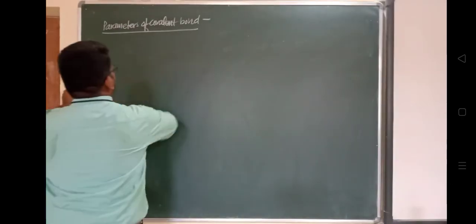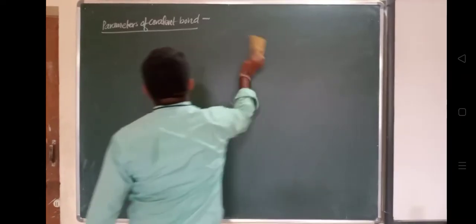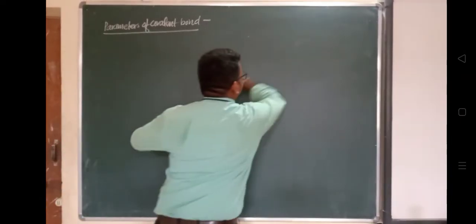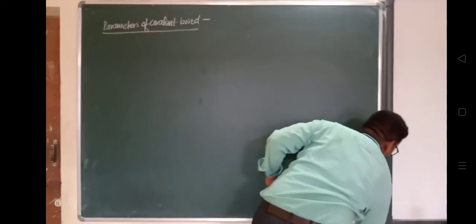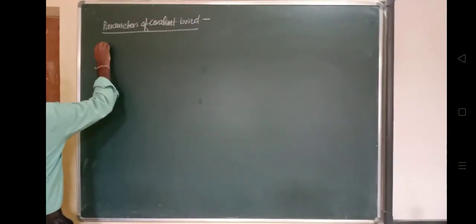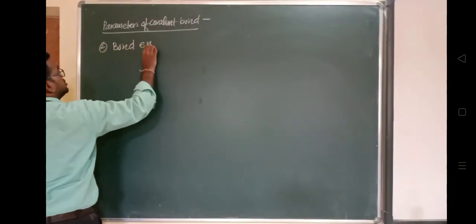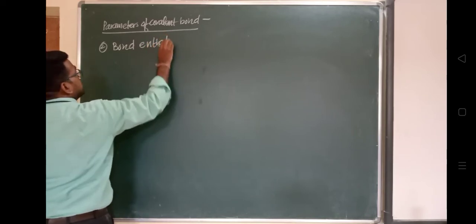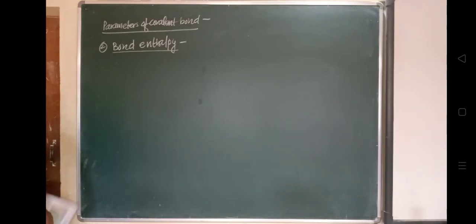Second parameter is the bond enthalpy. Now what this bond enthalpy stands for, what information it provides, that we'll see. So bond enthalpy is the amount of energy which is required to break. Consider the example of, right now we have seen just in case of oxygen molecule. So this one is the oxygen molecule, and this one is hydrogen, and this another one is hydrogen.